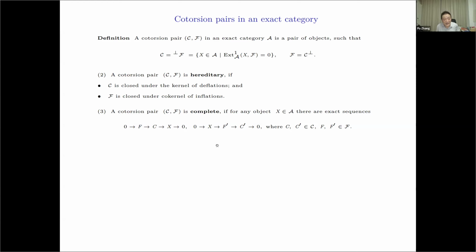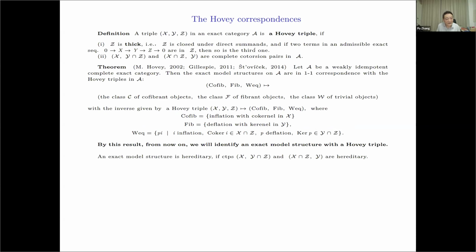So these are the two main concepts of cotorsion pair: hereditary and complete. Then, as you know, we have this important Hovey correspondence giving the construction of exact model structure. So we call a triple (X, Y, Z) in an exact category a Hovey triple. That means these three are